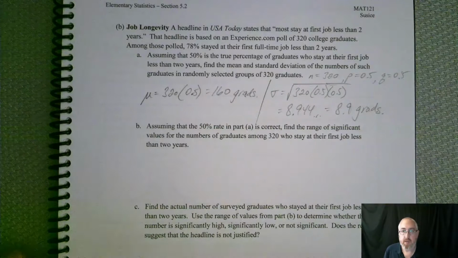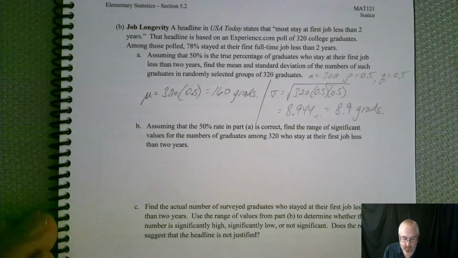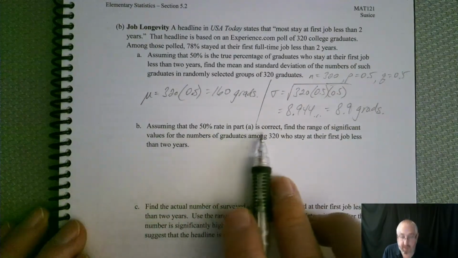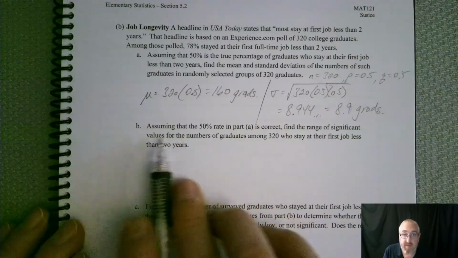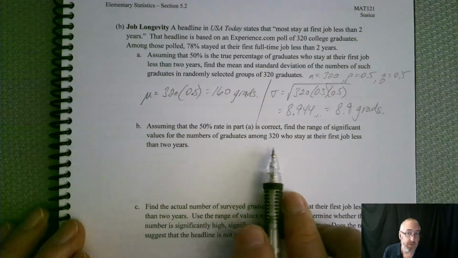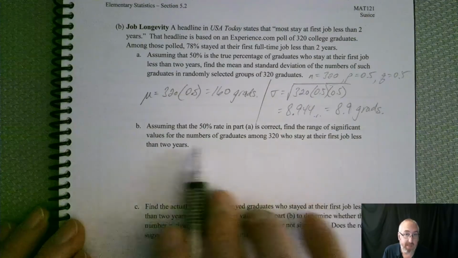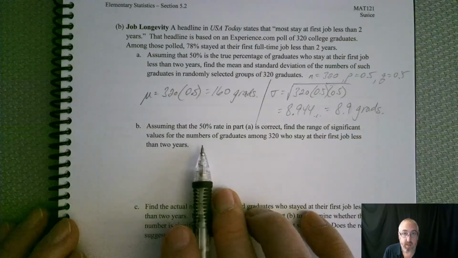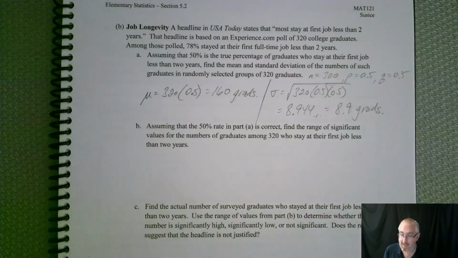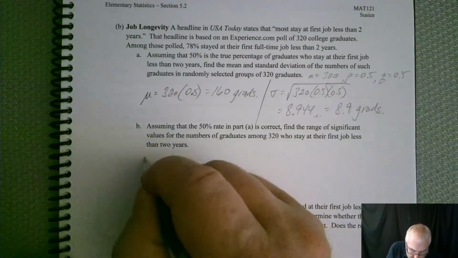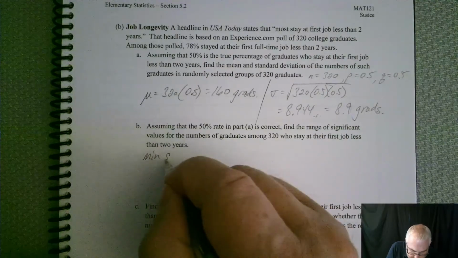All right, so not too bad. Assuming that the 50% rate in Part A is correct, find the range of significant values for the number of graduates among 320 who stay at their first job less than 2 years. So range of significant values. So min and max usual values is what we need. So our min significant